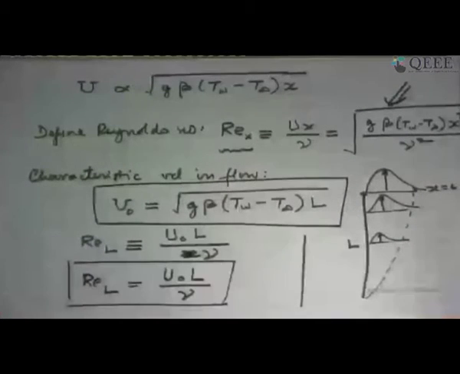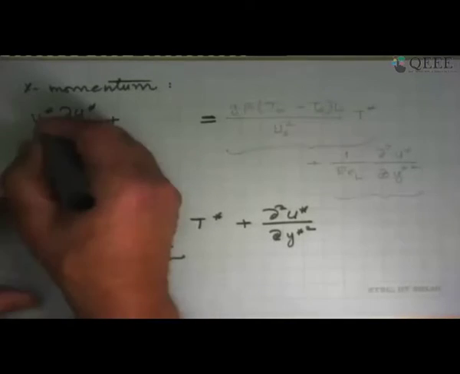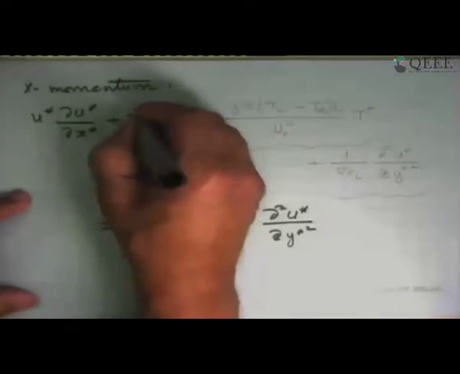So now we have some non-dimensional numbers that have come to us. And the difference with forced convection was that we had to look at the flow itself and argue out what sort of a maximum velocity could be there in this problem. That's what we have done. So with this, we have now some form of non-dimensionalizing the equations. And what we do is we put all those non-dimensional things into the equation and solve it.